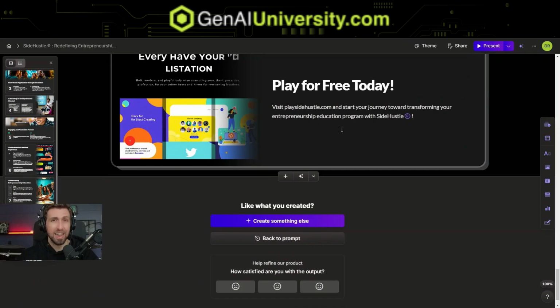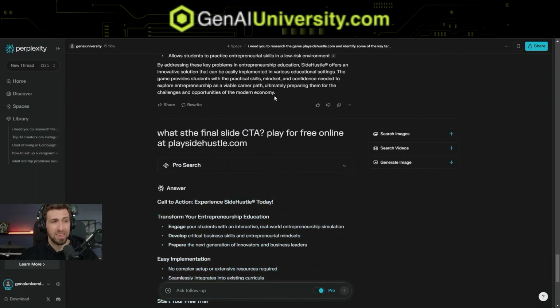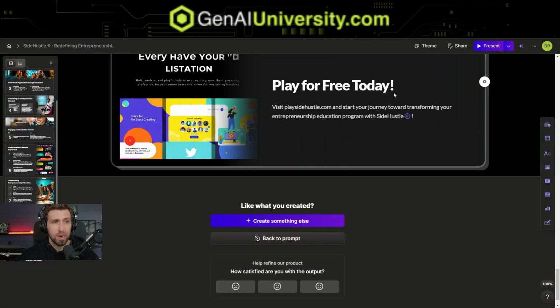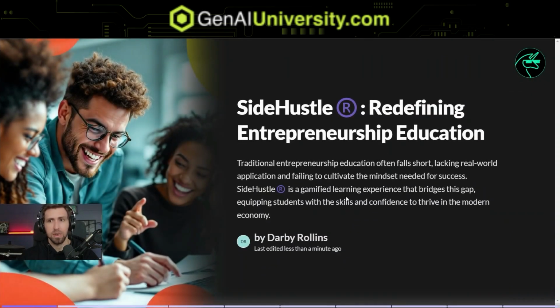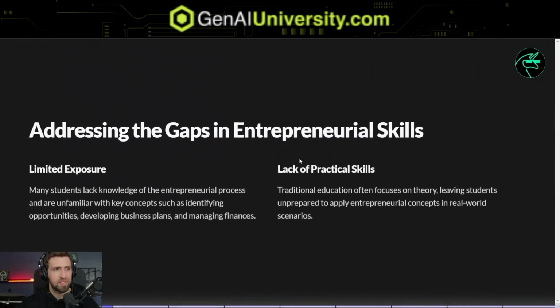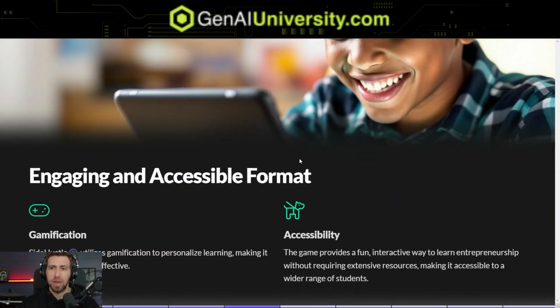But to get a customized presentation built out as this first starting point that we can then build from, we're already 80% of the way there, simply from using Perplexity to do some initial research based on the context that we provided, and then Gamma to create that first draft. And then from there, if we want to present, you would simply click present and you are essentially off to the races and able to begin to present your idea in the form of what I would say is a clean, simple, and smooth presentation flow that is containing all the information that we have sourced and curated and provided to Gamma as context.